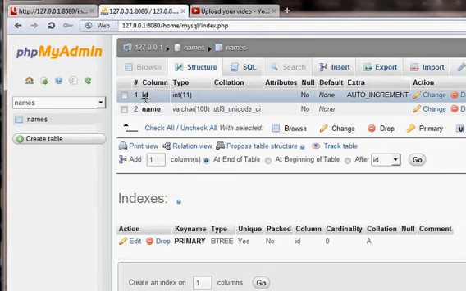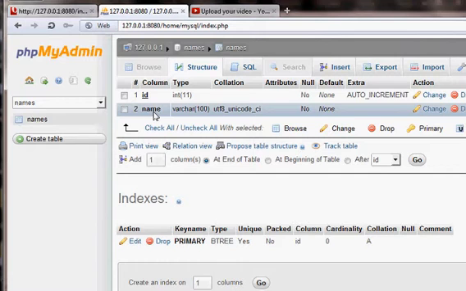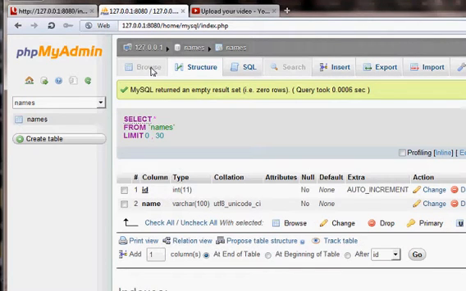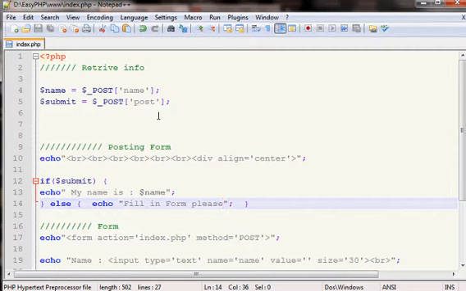So we have a table of names, we have ID, we have name, and we cannot browse information because we don't have any information inserted in there. So we now need to make PHP code that inserts a name inside this table. The program will make something like an Excel field with ID and name and just go down. So to make such code,